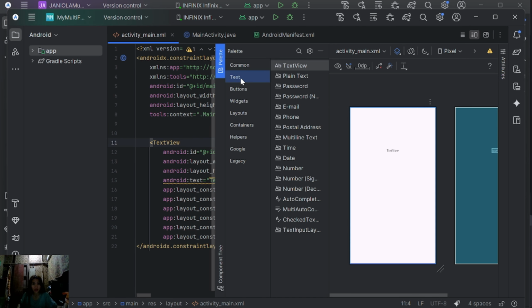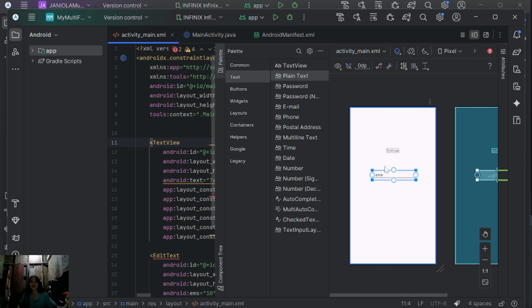So just have to choose the text and of course this plain text. You just have to connect this, the right side and of course the left side. Alright, so there you have it, your edit text.